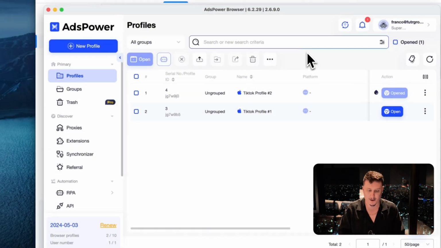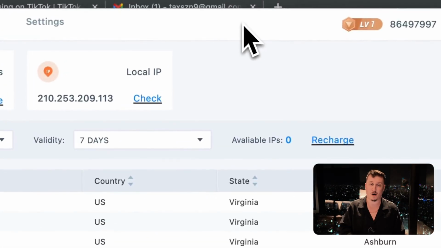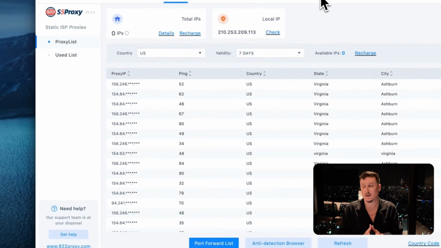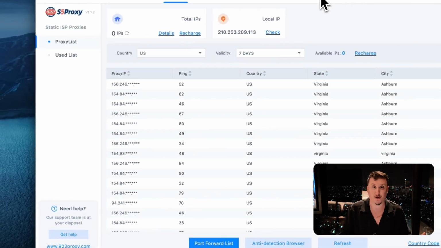Today we're doing Ads Power and we're doing 922S5 proxy to set up a bulletproof TikTok personal account. So what is a TikTok bulletproof personal account? Essentially, you're always going to have a backup plan so that if TikTok basically disables an account,